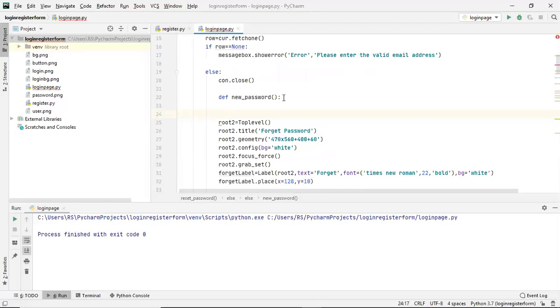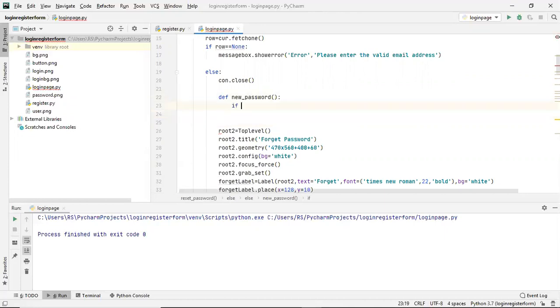In this new password function, I'll simply check if security question combo dot get is equal to select, or answer entry dot get is equal to null. Okay, if this is the condition, and similarly,